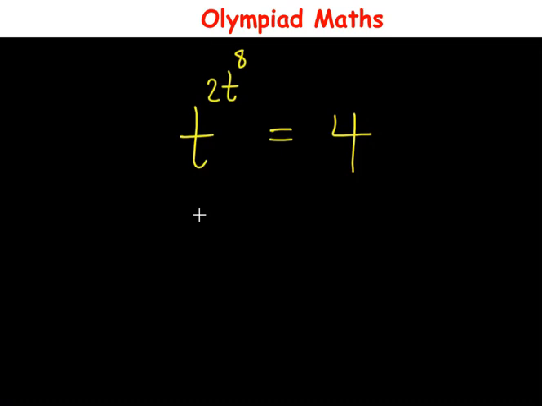Hello everyone, in this video let us solve this question. So we have t raised to power 2t raised to power 8 is equal to 4, and here we have to solve for the value of t. So t is the unknown we have to solve for. Now to solve this, solution,